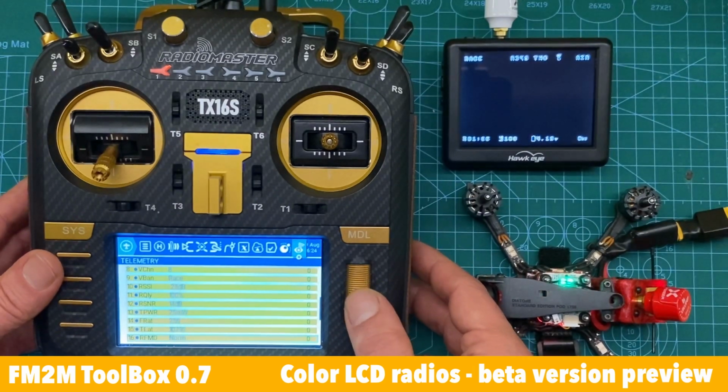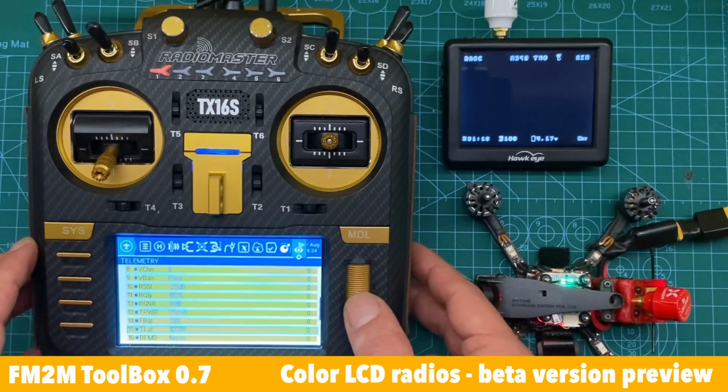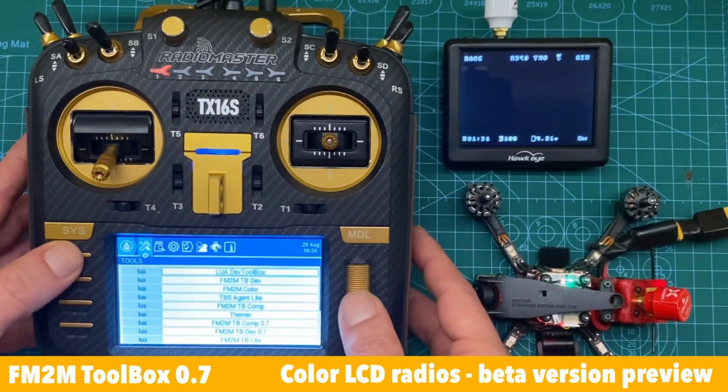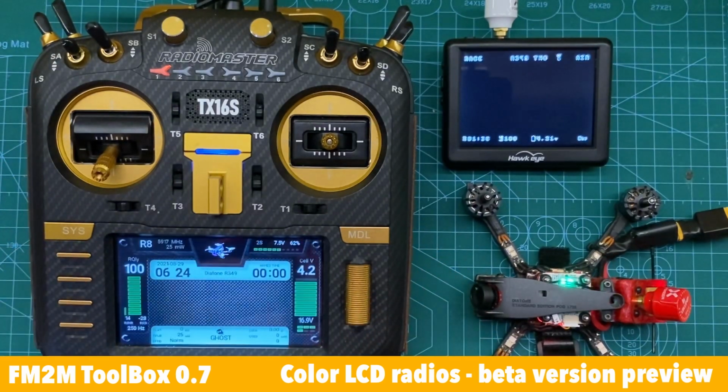It will be different. There is yellow, which means it's active. Let's go to the toolbox then. All right, here we are. So